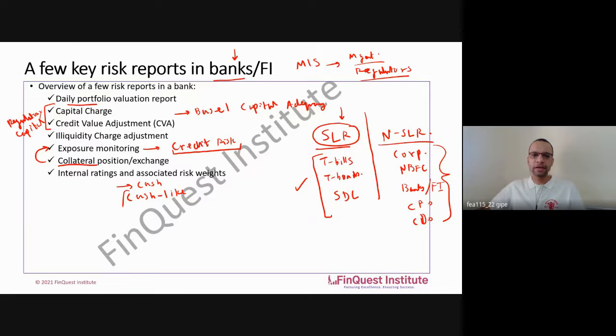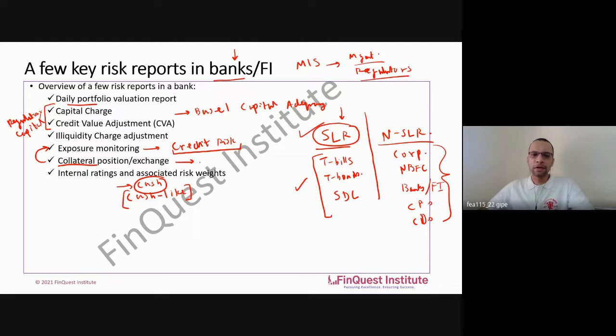So that we assume as cash-like because firstly they are assumed to be default-free, unless they are government of Greece bonds. But otherwise, government securities are assumed default free and they are cash-like because you don't have to take much of a price hit if you have to offload those securities. Because as I mentioned, your SLR segment is very, very liquid, so liquidity is not much of a problem. So you can either have collateral exchanged on a cash or cash-like basis. But generally, for most of your trading book positions, it is cash collateral which is exchanged.